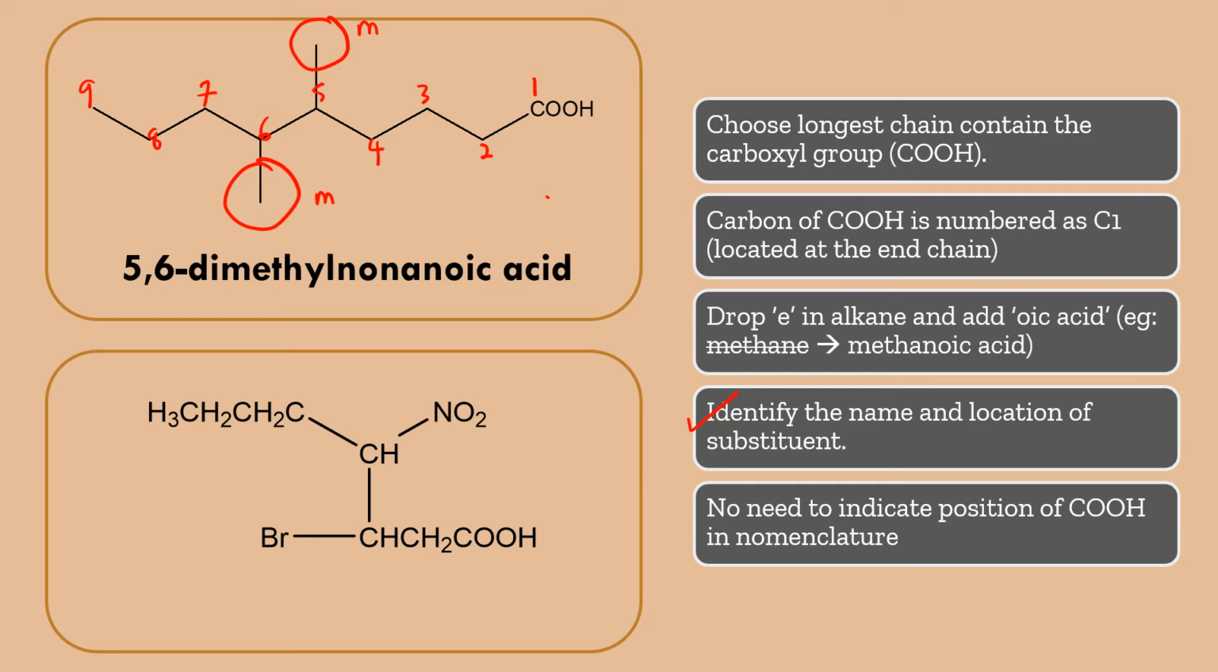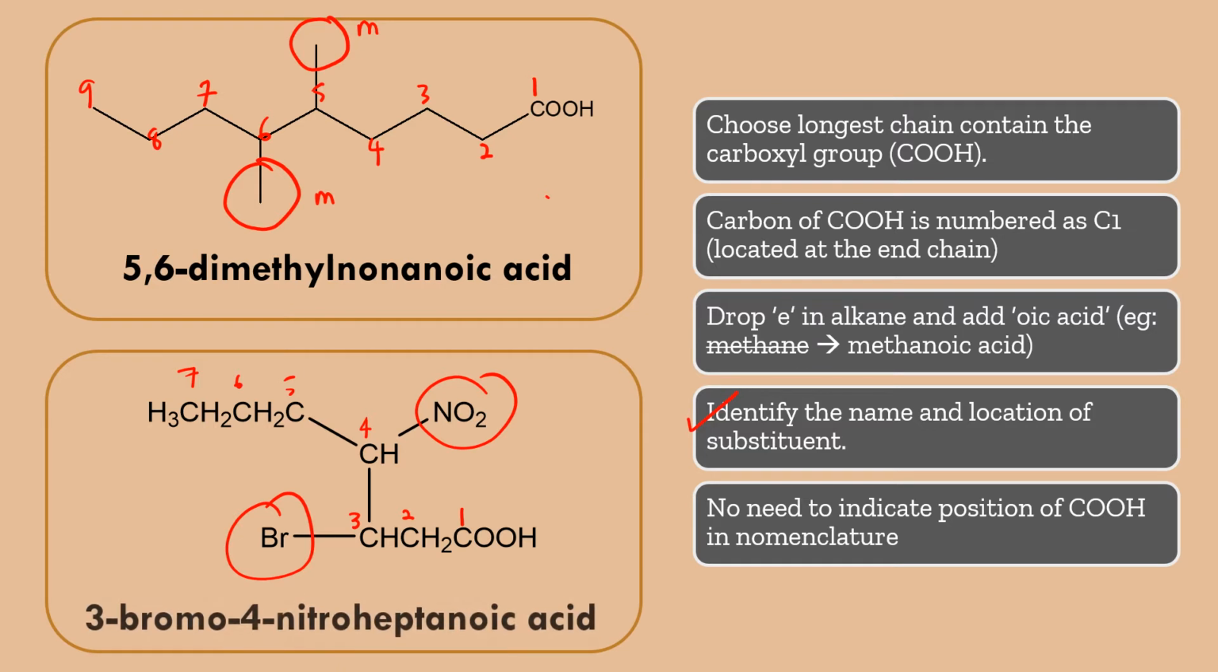And for the second structure, again you have to choose the longest and continuous carbon chain containing carboxyl group. And it seems like this is the longest and continuous carbon chain containing carboxyl group. And for the numbering, you have to start numbering from this carbon definitely. Okay, proceed the numbering until the end of the parent chain. And then identify the name and the location of the substituents. So here we have nitro on the 4th position dan juga bromo pada 3rd position,